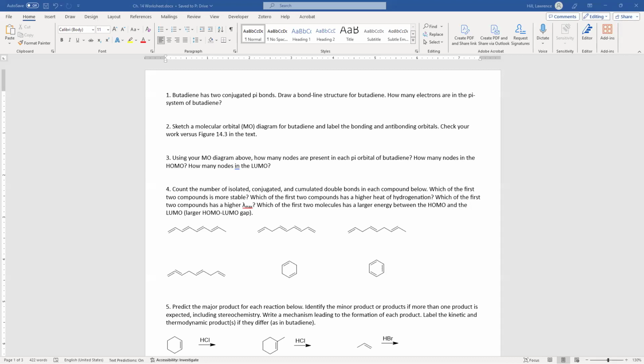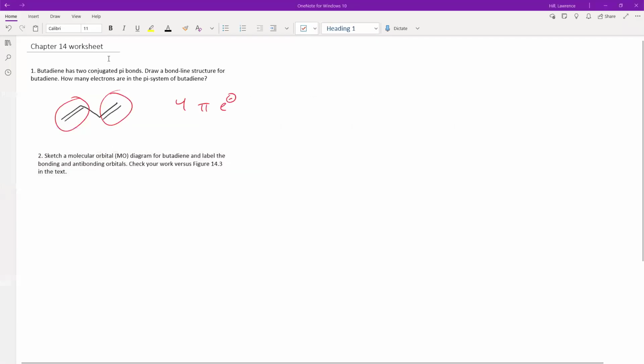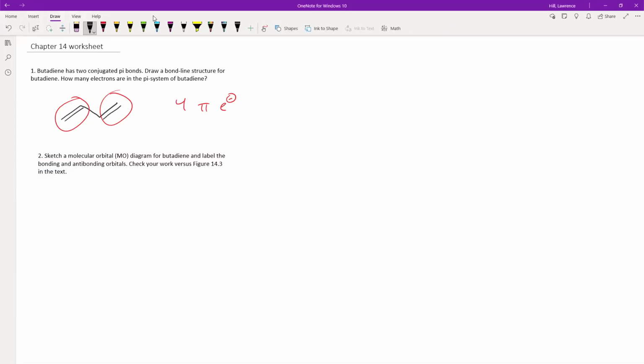Okay, the next question on the worksheet is question 2, which is: sketch a molecular orbital diagram, or MO diagram, for butadiene and label the bonding and antibonding orbitals. Check your work against Figure 14.3 in the text. And so if we come to this drawing tool and do that. All right, so we want to do an MO diagram for butadiene. That's the goal. And in order to do an MO diagram for butadiene, we know it's a conjugated system,